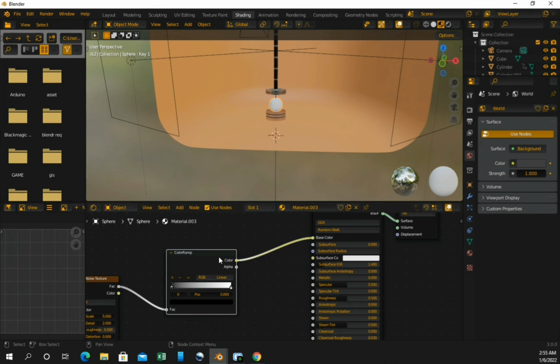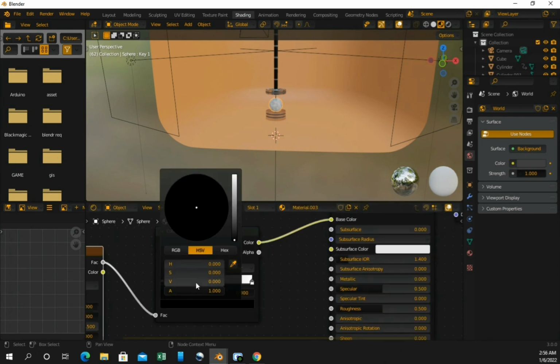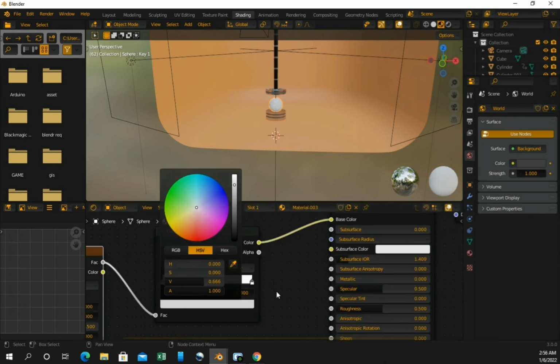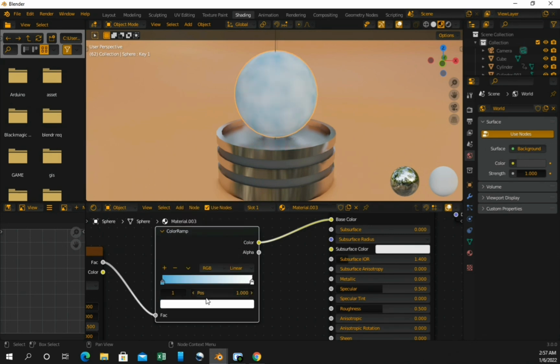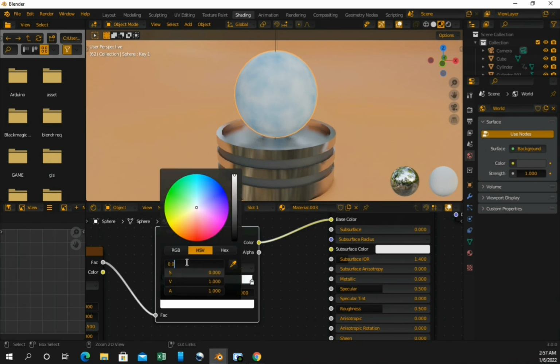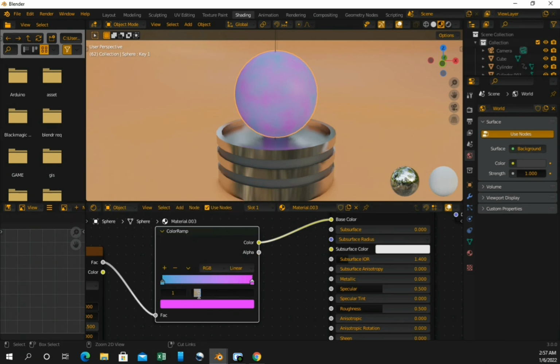Now add a color to the left side, V value to 0.665714 and S value to 0.91037 and H to 0.569157, and at the right side H value will be 0.79425 and S 0.971319 and V 1, and the pos will be 0.075455